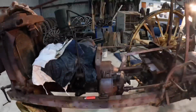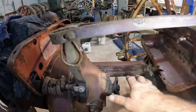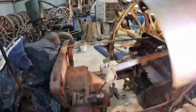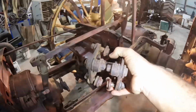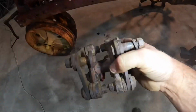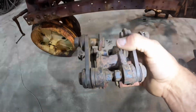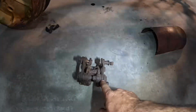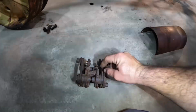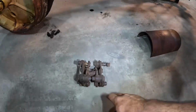Now we've pulled a few more bits off, we've taken the fuel tank off, and there's a tin cover that sits across here, and there's this rather nice little flexible coupling that goes between the clutch output shaft and the gearbox input shaft. It's got rubbers in here. These pieces here are slightly flexible, but mainly it just flexes on the rubbers, and it's just a really short